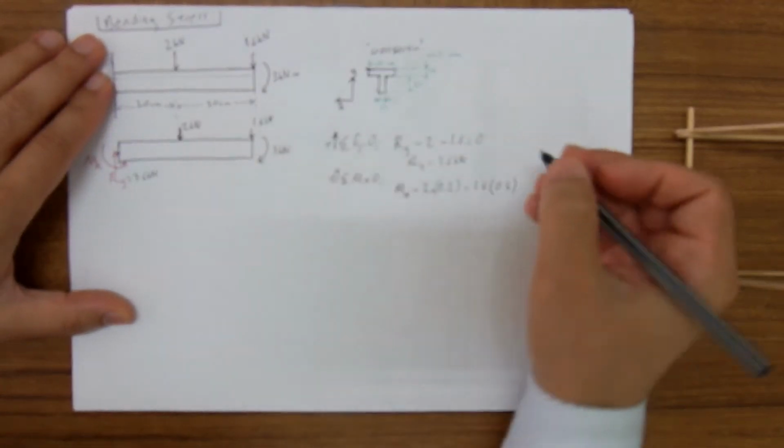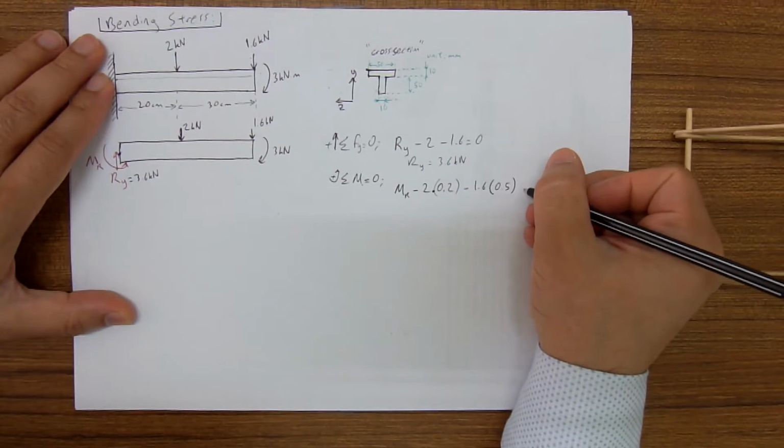We also have got a 3 kilonewton meter external moment, and it is in negative direction as well,